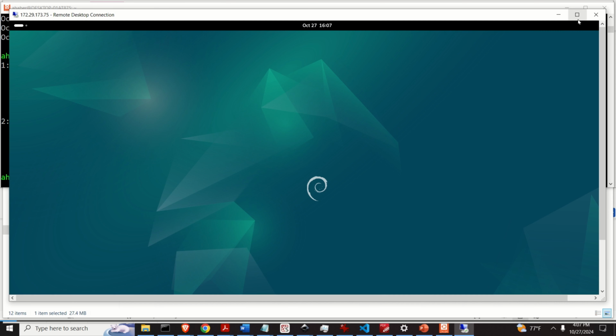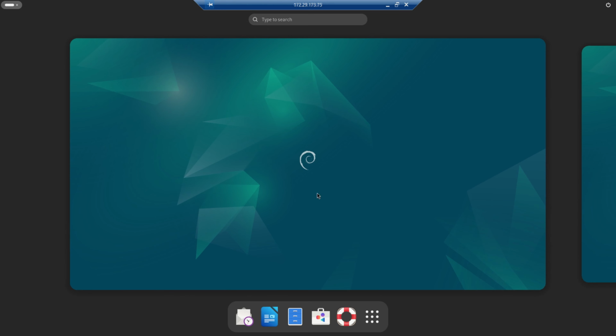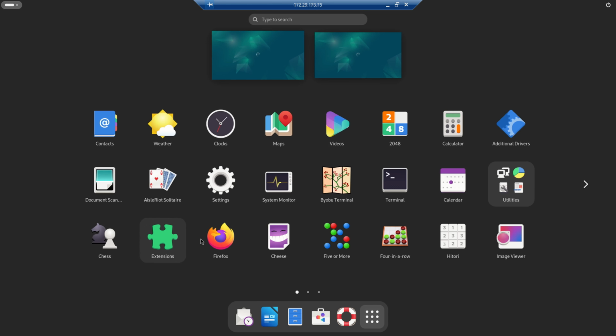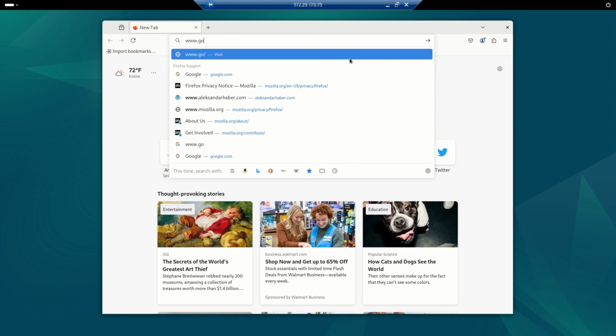WSL. And here is a demonstration of a Gnome Linux graphics user interface. I'm running this graphics user interface inside of my WSL session. And over here, I can start any program. For example, I can use Firefox, I can Google,